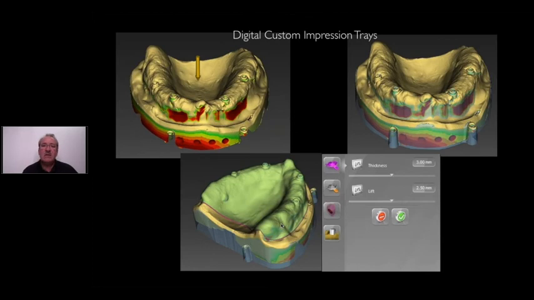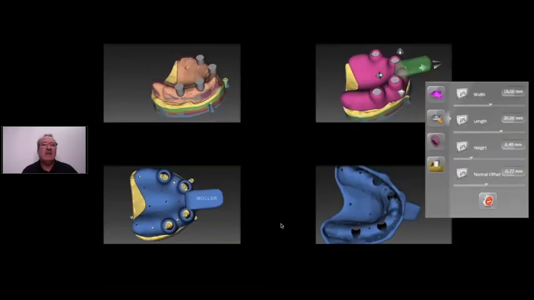Once you've decided that, you go to the next step, and the software will ask you, do you want implants? And you say, yes, I need to have these chimneys like you see here. And these chimneys can be put in any direction. So you can tilt them, you can move them, and then you also add the grip if you want to put the grip. You can put also side grips. Whatever you have learned, you can do. You can put holes into your tray, and you see we have a very nice guided tray